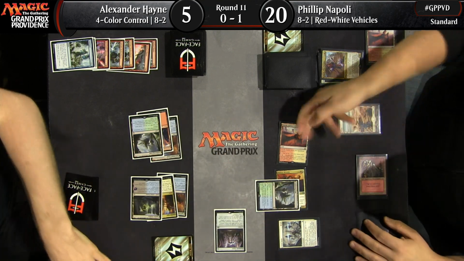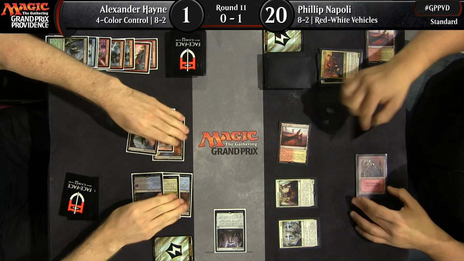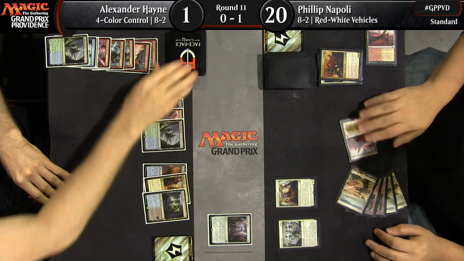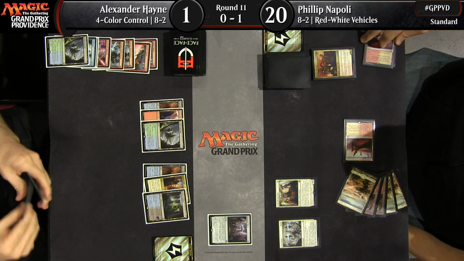Jumping in front of the Veteran Motorist. So this drops Alex down to 1. Yeah, the Needle Spires getting in for a good amount of damage there and putting Alex in a position where even if he has a sweeper, he's got to remember to deal with that Needle Spires. And it doesn't look like Alex has any energy too, so...